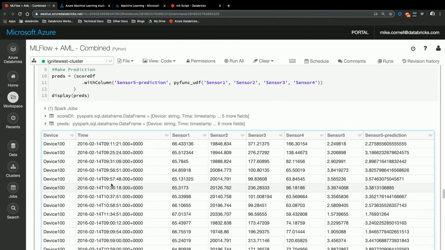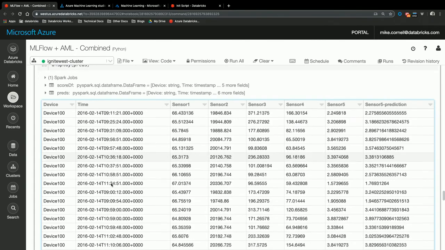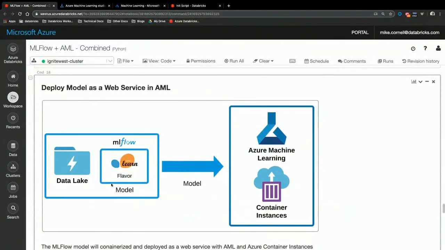So the output of that is now we've got this column on the end that are the actual predictions, and this can now be implemented in any kind of ETL pipeline, right? So if you're doing a batch ETL pipeline, or if you have structured streaming and you're streaming tons of events per second, this prediction can be made on the fly, live, in fractions of a second.